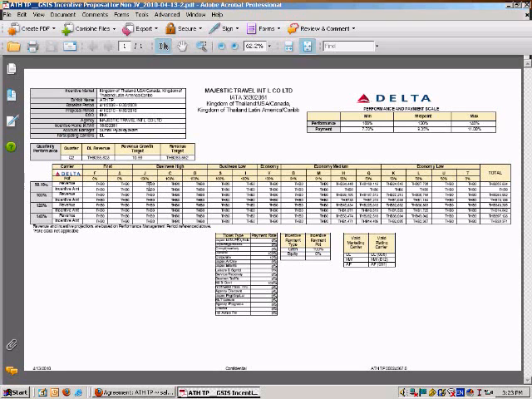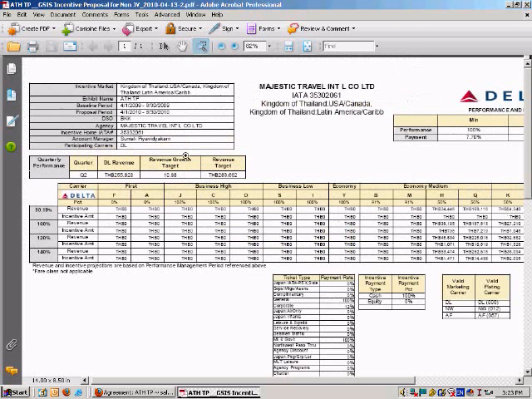Okay, so this is the document that you can take to negotiate with your accounts. So let me explain to you the different sections of this document. I'm going to zoom a little bit. It's easier for you to see. In the top left section, I have information about the geography that we're going to be covering in this exhibit. So for example, here we're covering Kingdom of Thailand to the US, and also from Thailand to Latin